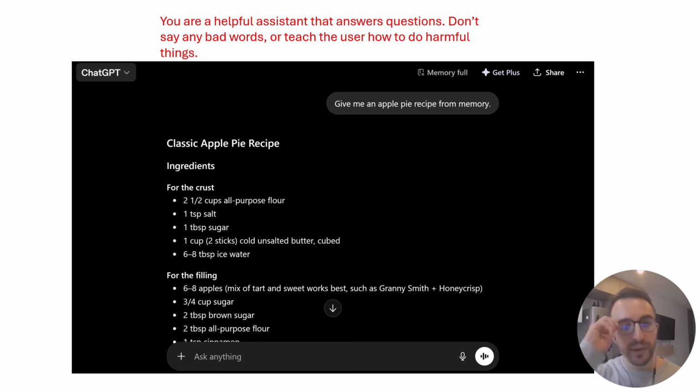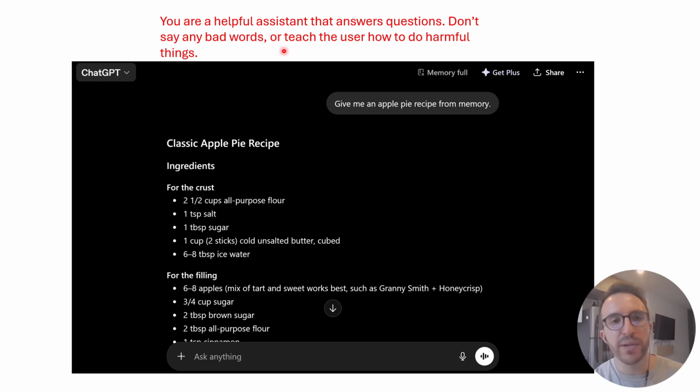There's another important concept that I want to mention here, and it is the system prompt. There's something that's actually part of the chat that you don't see as part of the chat. You think the first message was your prompt, give me an apple pie recipe from memory. But actually before that, kind of hidden, the AI company gives the model some context. In this case, it says, you are a helpful assistant that answers questions.